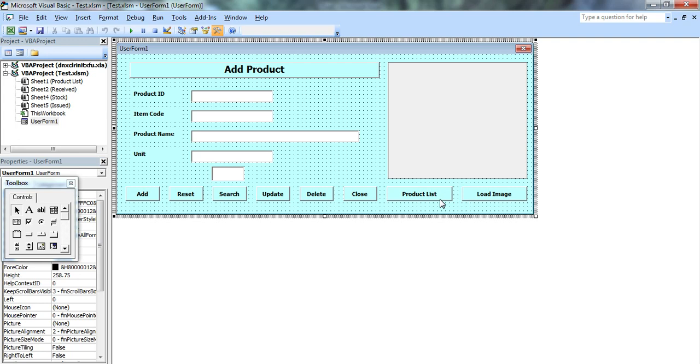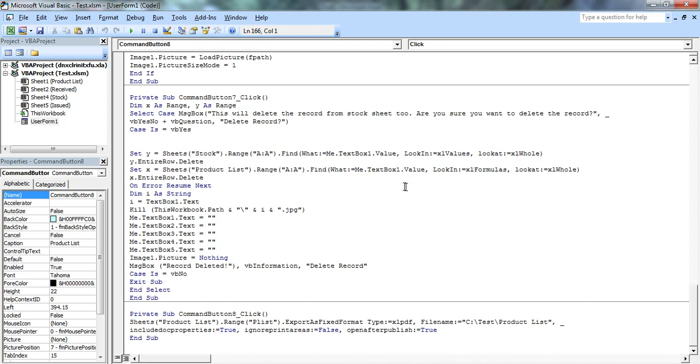Now we'll use the coding for product list. This button is to generate the product list, and here you will come to know the benefit of this dynamic range. As you can see, I already pasted this code here.